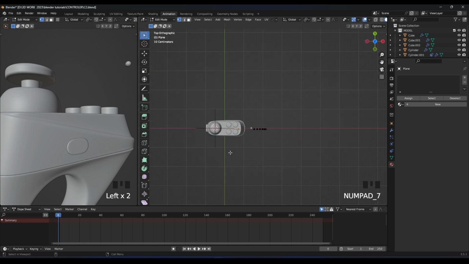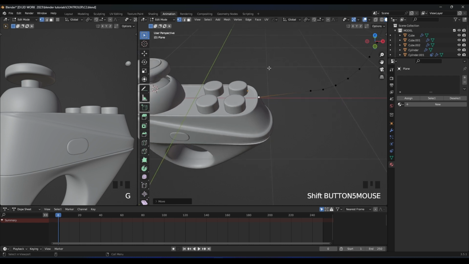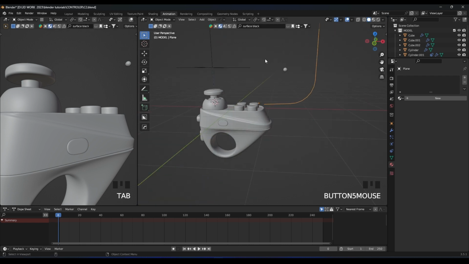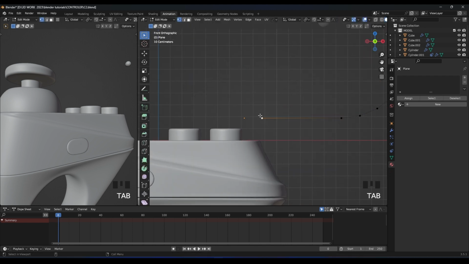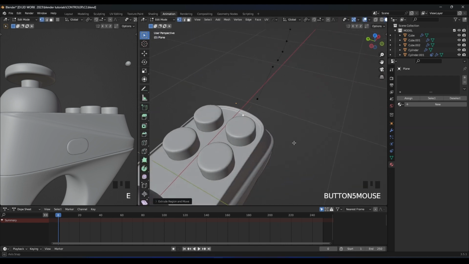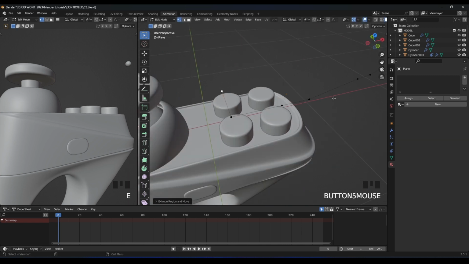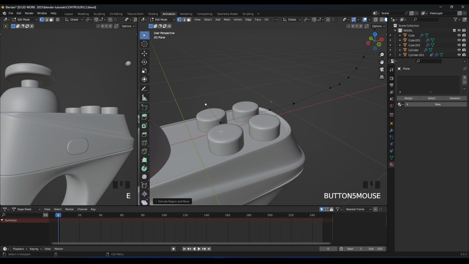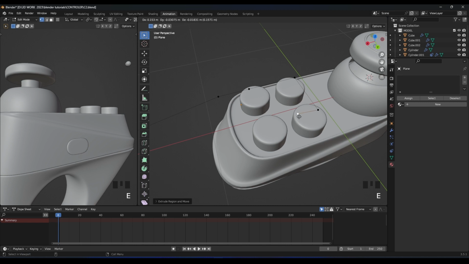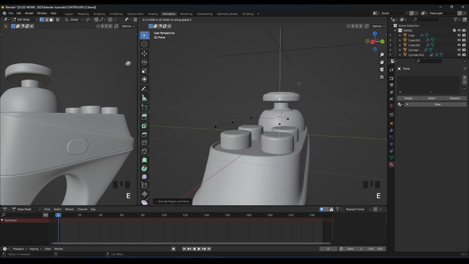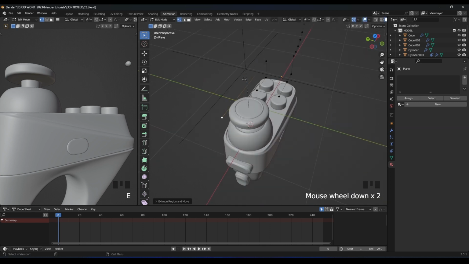And now we need to move this vertex right here, and maybe we need it to be like this. Okay, fine. Now we need to extrude it like this, and let's extrude it again like this, and let's go. So the sphere will go from this button to this button, then it will rotate to this button, then it will rotate to this button. So let's extrude it like here, then it will go up like this, and it will go like this, then it will rotate this